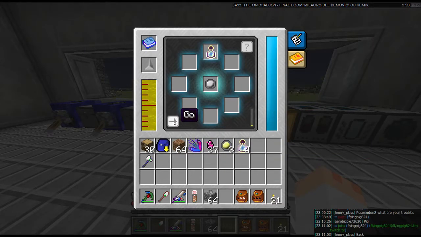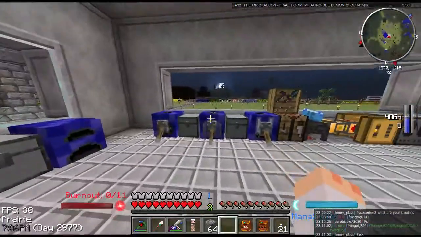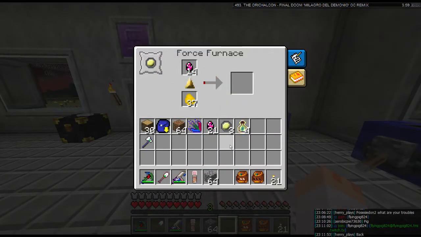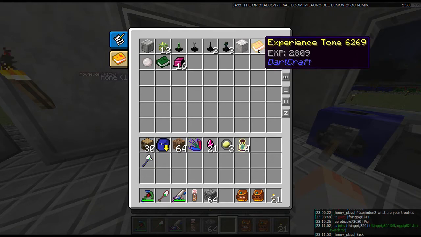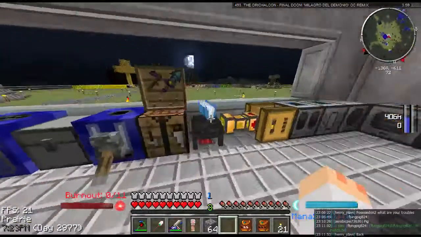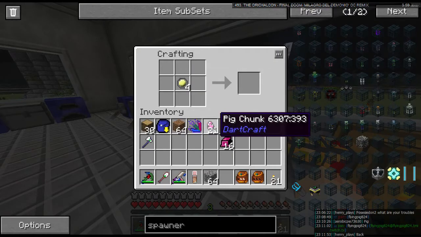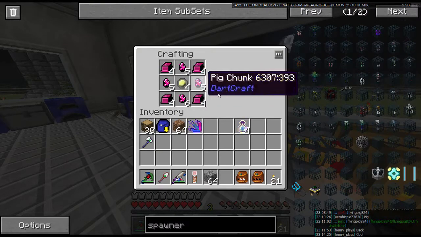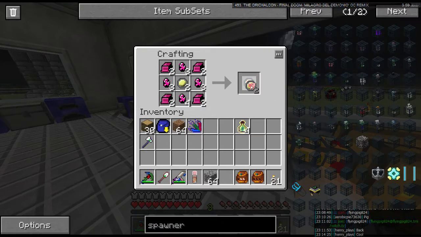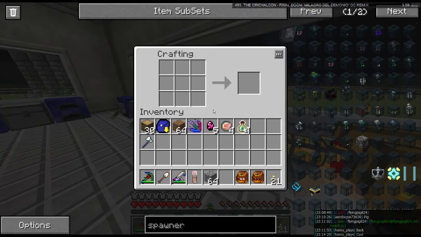So, 4 experience cores to make the 4 pig cores. So let's see, we're going to need 16 ingots to start. Oh yeah, I've got this up here too. Alright, 16 mob ingots. 4 experience cores. Give us 4 pig cores. Excellent. 4 pig cores. That leaves us with a few chunks left over, which I believe we're going to need